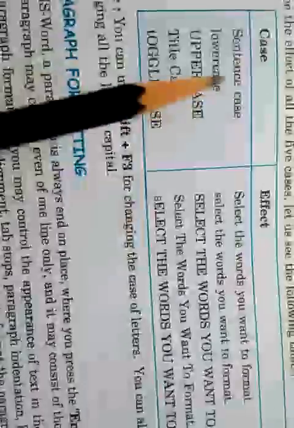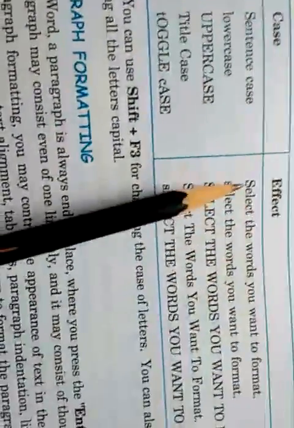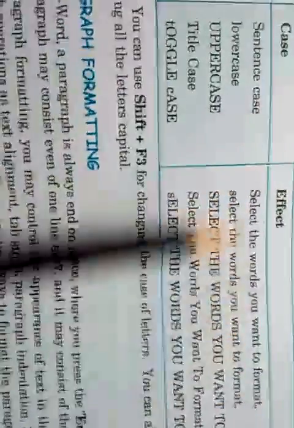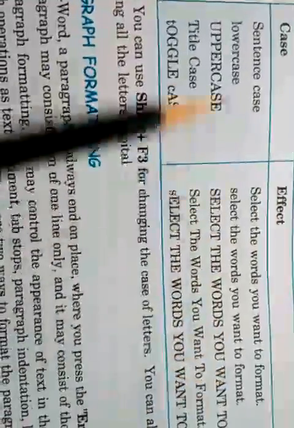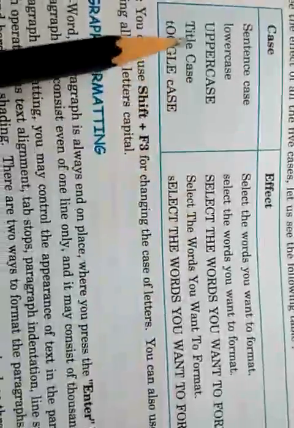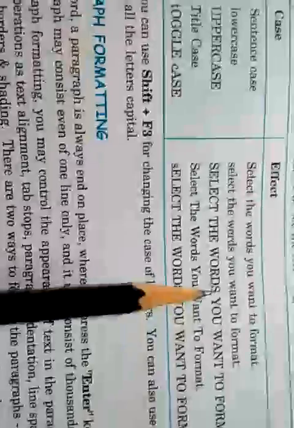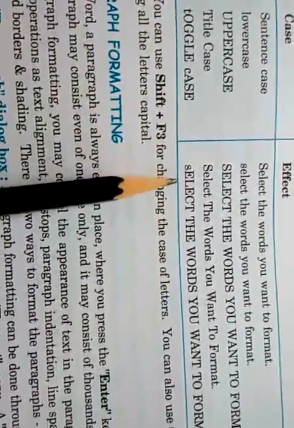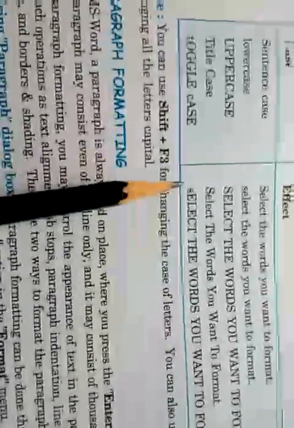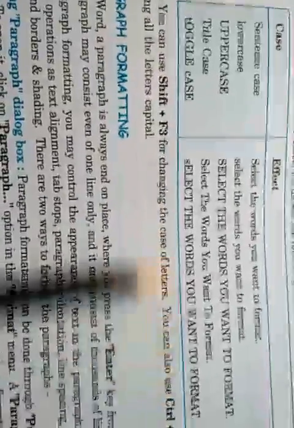Now here you can see the examples in case of the sentence. So this is the one sentence, only the first letter is capital till the full stop. In case of the lowercase, all the characters are small letters till the full stop, whereas in uppercase all the letters are in capital letters, whereas in case of title case each letter of a word is changed in title case, and in case of the toggle case each letter of a word is changed here in toggle case. Here there is something wrong in this output.